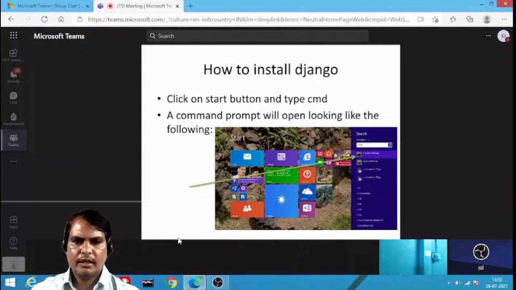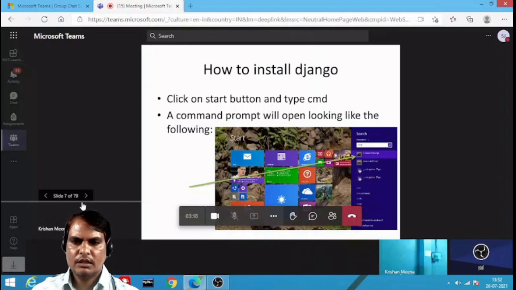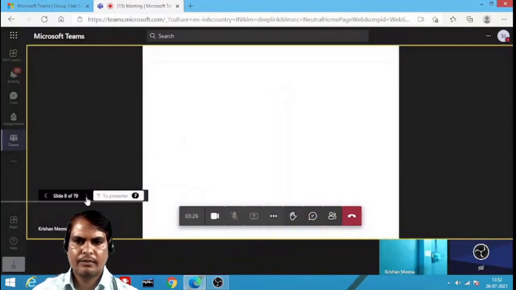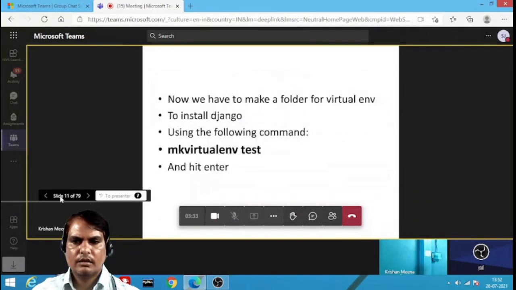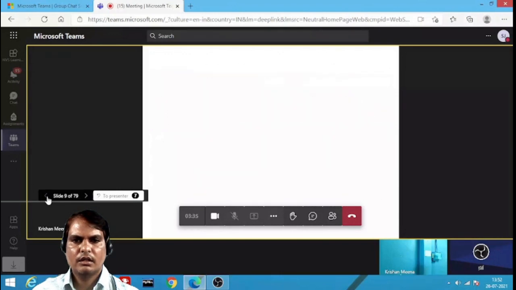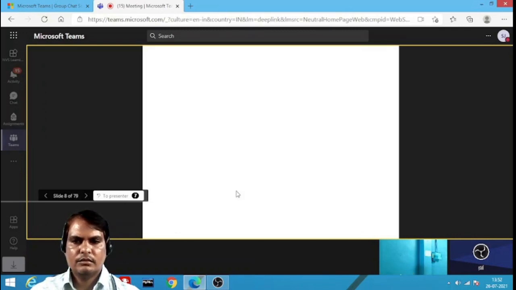At the same time, the student can see the presentation control bar, and can navigate without your permission from one slide to another slide by clicking on the arrow button. Not only this, at the same time, the student is getting this tray.